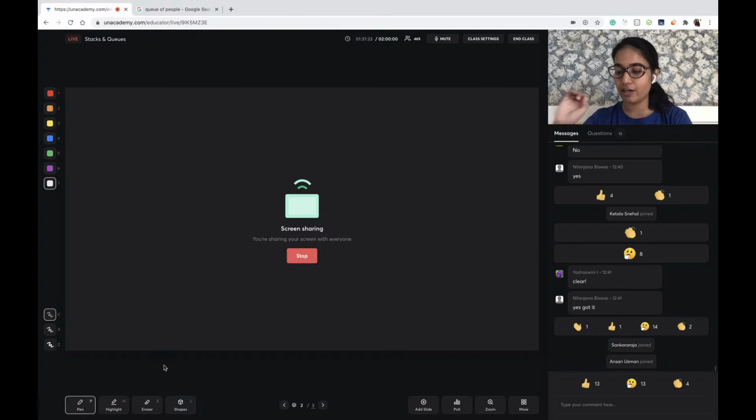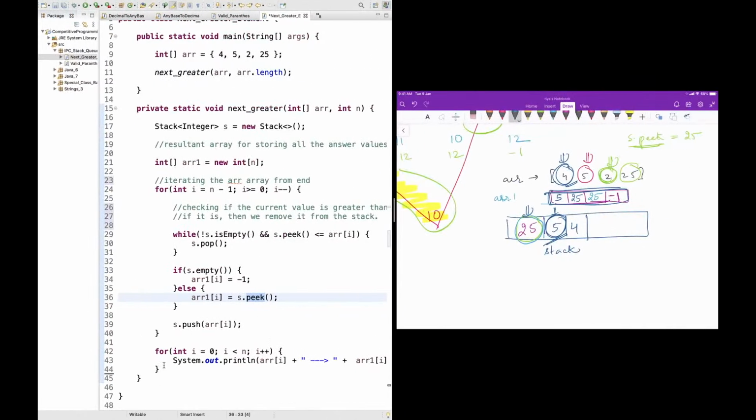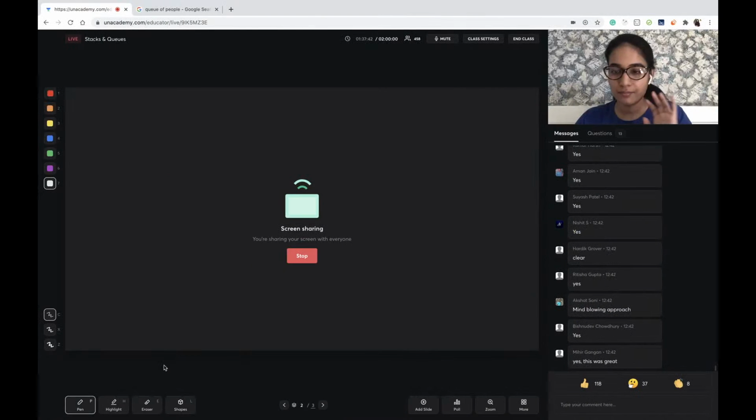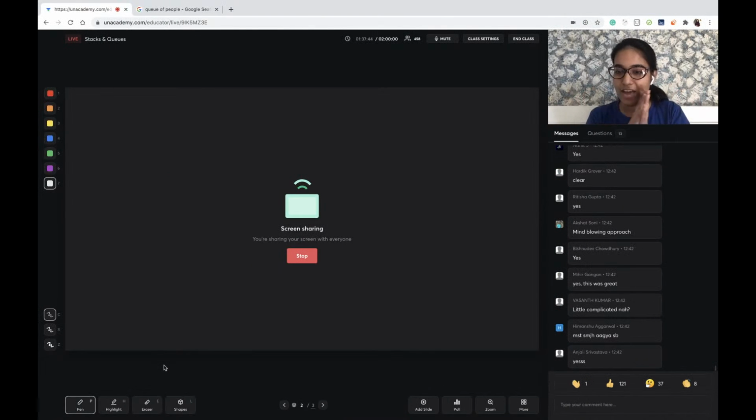Is it crystal clear of how exactly we are doing the implementation, how stack is coming to our rescue here and solving our purpose? ठीक है. I have used a dual screen here for better visualization so that all of us can understand also, right? चलो, very very good.